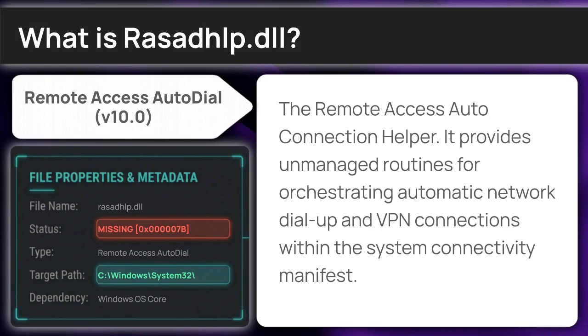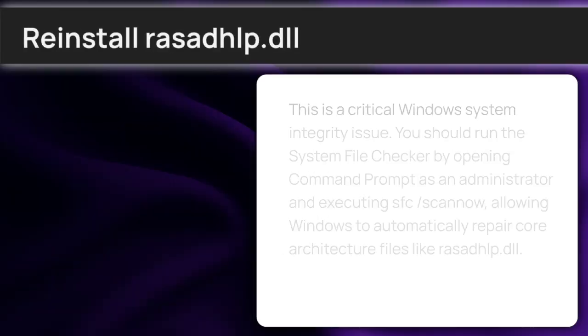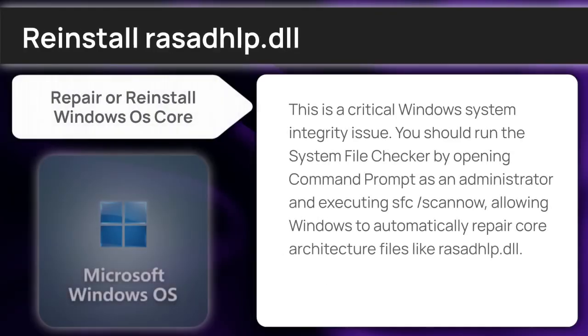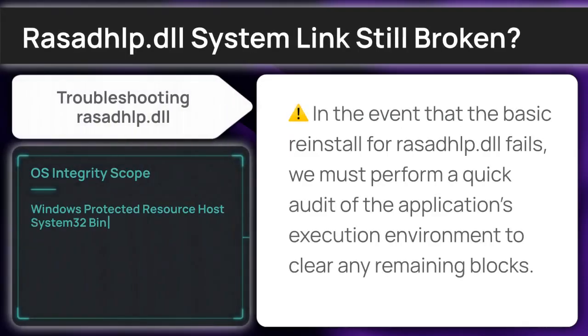Let's get to work. We'll start with the most common fix for this specific error. This is a critical Windows system integrity issue. You should run the system file checker by opening Command Prompt as an administrator and executing sfc /scannow, allowing Windows to automatically repair core architecture files like Rasadhlp.dll. If no luck was had with the redistributable package, we will escalate the fix by performing a targeted reset